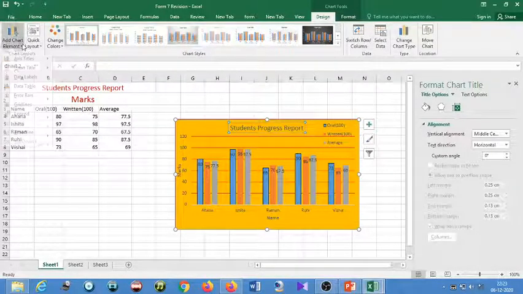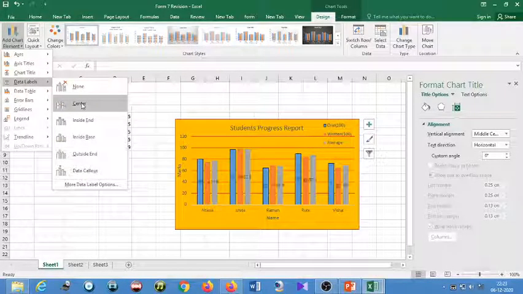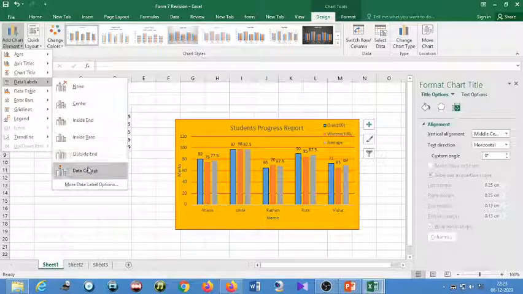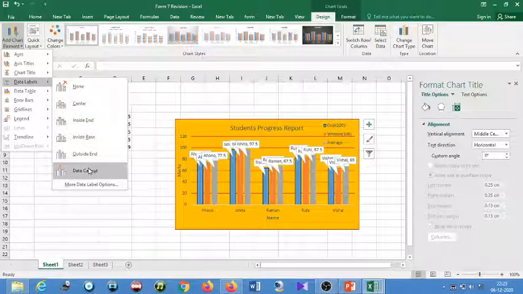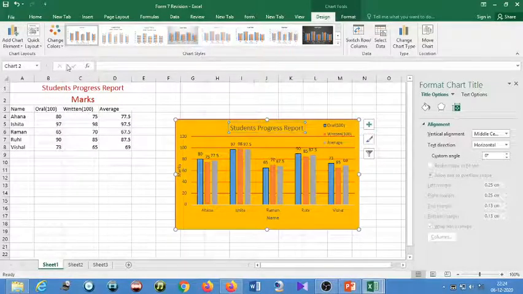These data labels also you can show in different ways, like in the center, inside end, inside base, outside end, like that. Got it? So everything is included in formatting a chart.